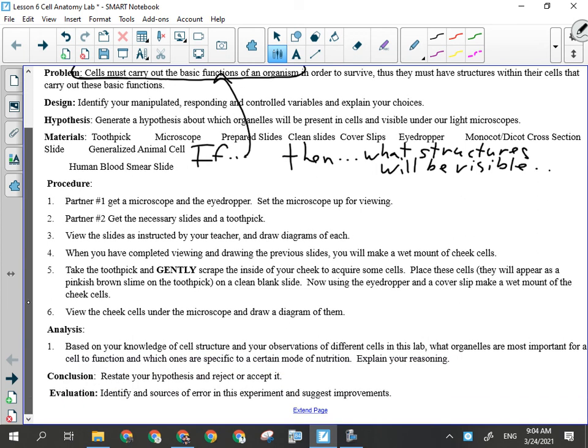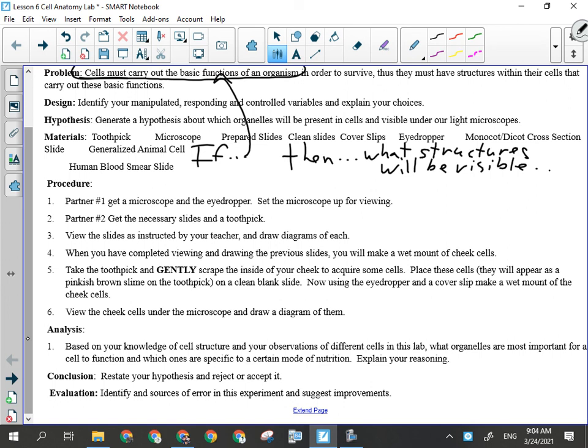So, talking about the analysis. Like I said, there's one analysis question here. Based on your knowledge of cell structure and your observations of the cells in this lab, what organelles are most important for a cell to function, and which ones are specific to a certain mode of nutrition? Explain your reasoning. All right, so basically what you're doing here is you're telling me these are the organelles I saw in all the cells, and here's why I saw them,